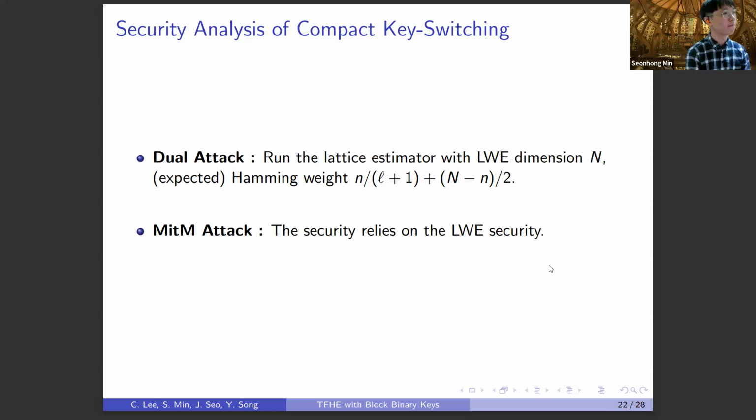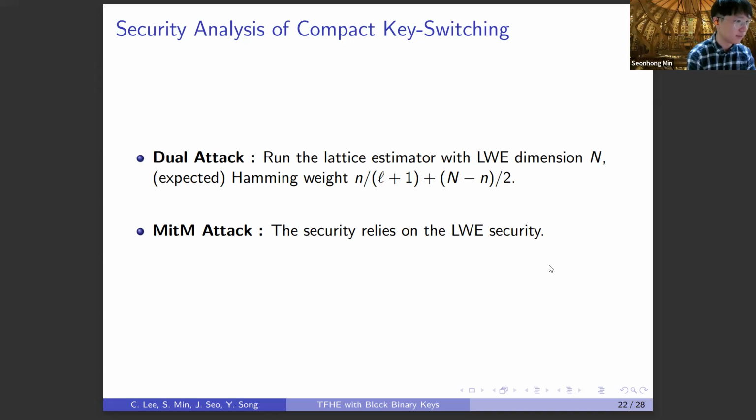About the security of this compact key switching, reusing the LWE secret as a part of our RLWE secret, we couldn't really find an effective attack on this secret reuse. So we can simply assume that it's secure. We can think of its security with respect to the dual attack and the meet-in-the-middle attack. So we can estimate its security